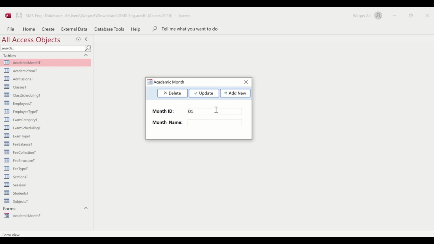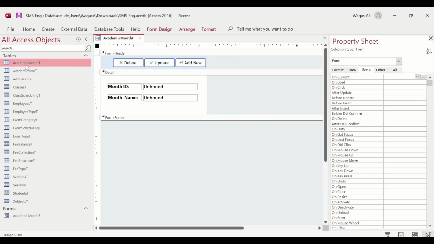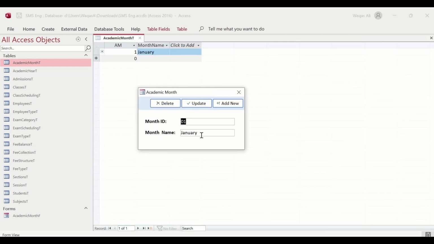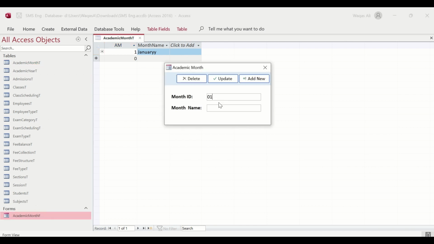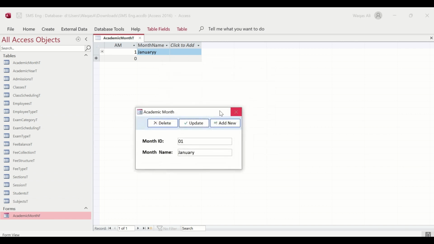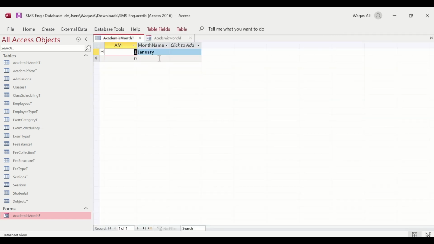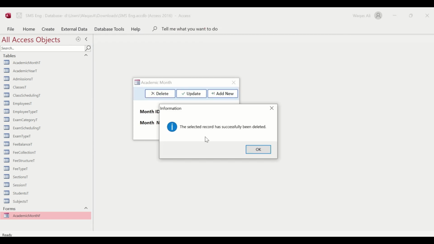Let's create the data again, January, and let's say it is created. Let's look at the table. It is created. Now let's go ahead and update. Maybe let's say one more Y, and we update, and it should update it. And now we have to type it again. So 01 January. Now I want to update to correct January, so that should be updated, right? Okay, it is updated. Now let's go ahead and delete this information, and